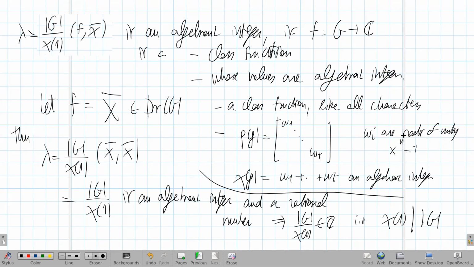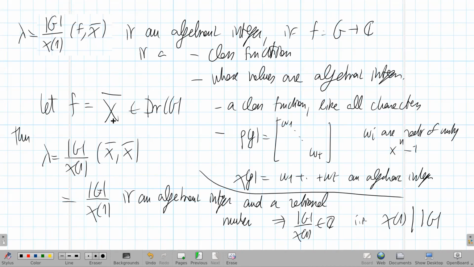So representations allow us to discover that there are complex numbers, algebraic integers, associated to a group and its elements, and allow us to use these integrality properties to prove facts like this. Well, of course, this is a fact about the character itself, but still,